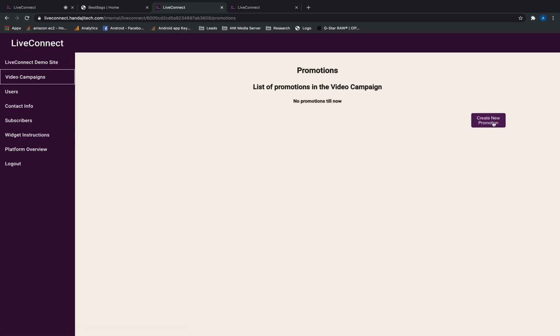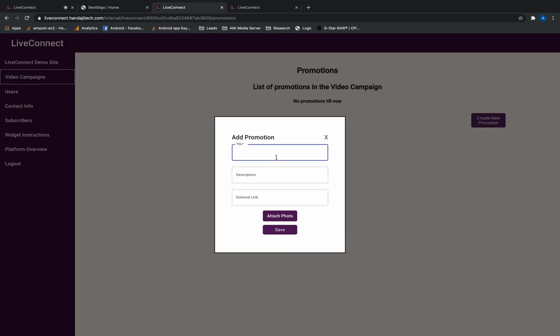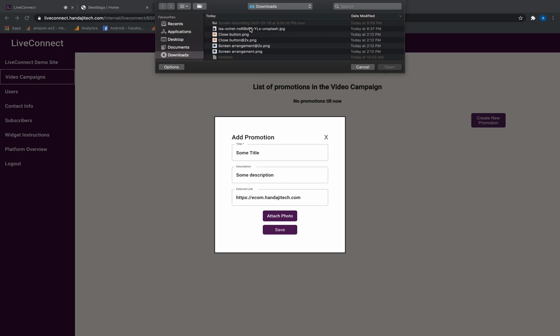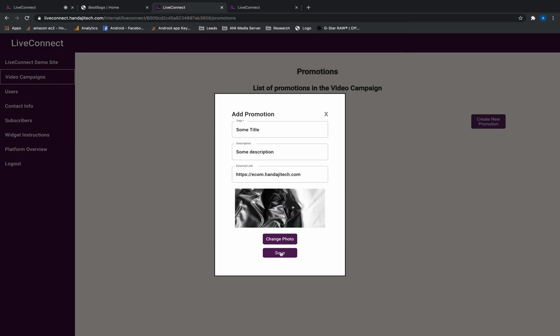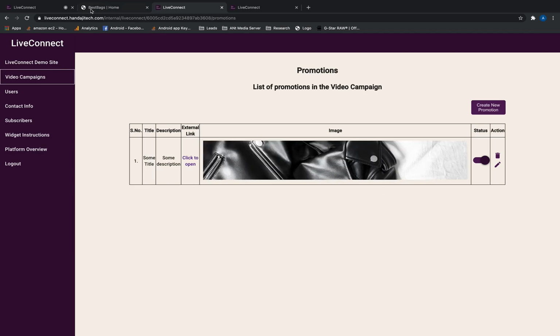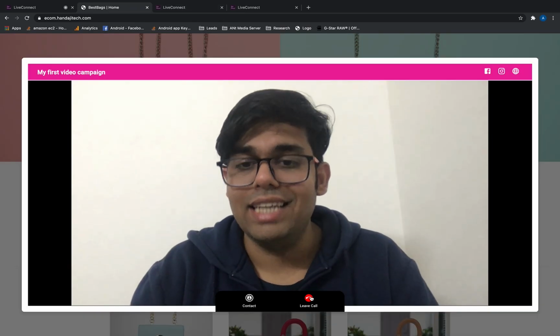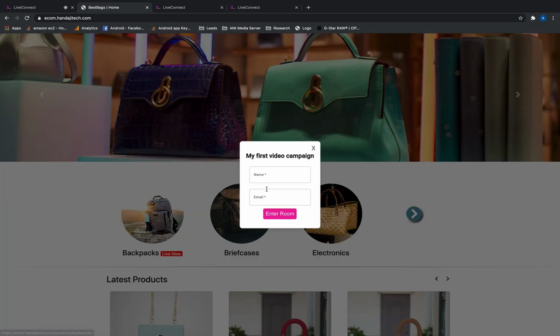Click on that, click on create new promotion, specify some title, specify some description, specify some link, a link where the user will be redirected when they click on the overlay. And then attach a photograph. Now from here, let's say I attach this photograph and I click on save. Nice. What happens now? Next time a user joins your live stream here